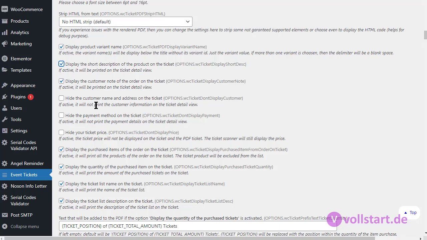If you have an event with people that basically do not want everybody to know where their address is and so on, then just activate this and it's not on the ticket. Also the same with the payment details here, and then it's a little bit more safety. It adds safety. If it's a small event, nobody cares. Maybe it helps to see how did you pay.